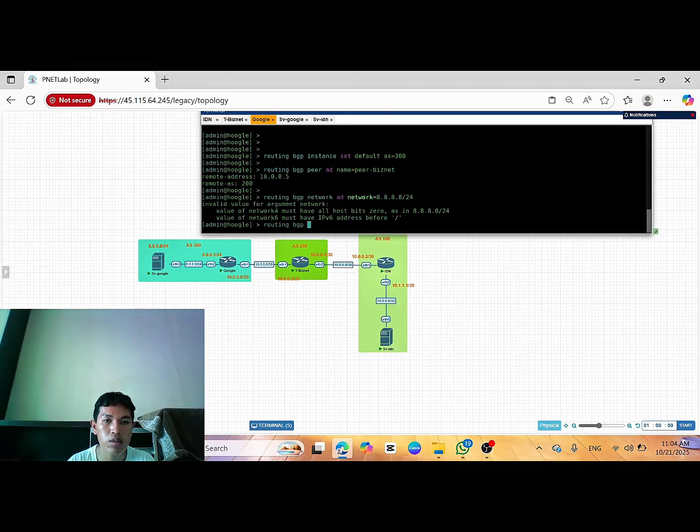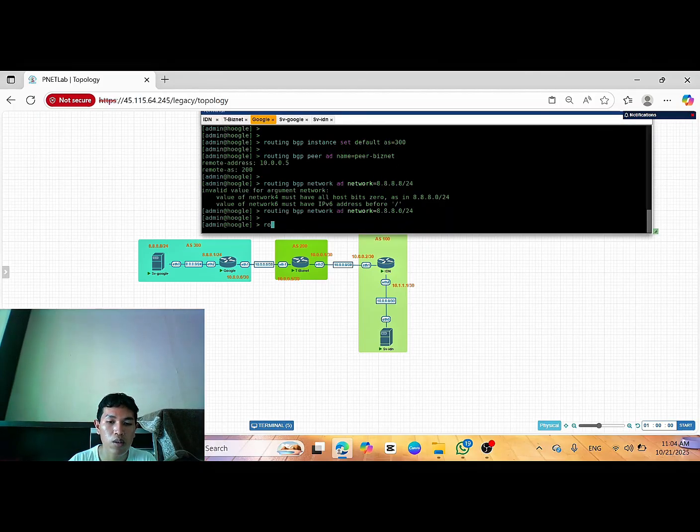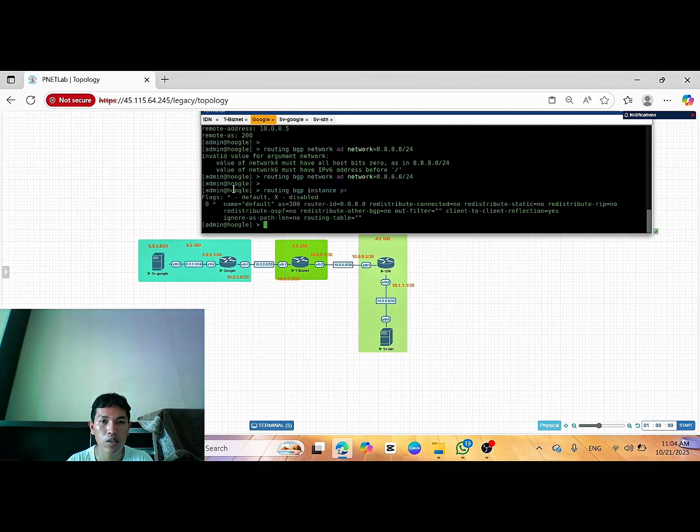Wait, routing BGP network, add network, 8.8.8.0. I made a mistake, sorry, enter. Routing BGP instance print, you can see.